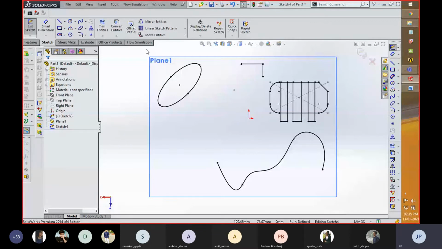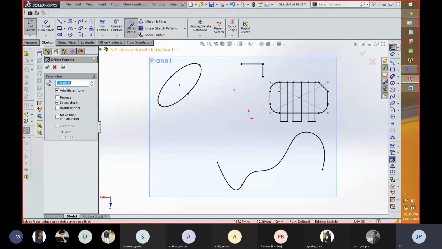With the help of this Offset Entity, you can scale down or scale up any enclosed object. With respect to this 10 millimeter value, I'm going to fill a value of 3. Then I'm going to select this spline or ellipse. It is going to be scaled at the value prescribed in the dimension bar.